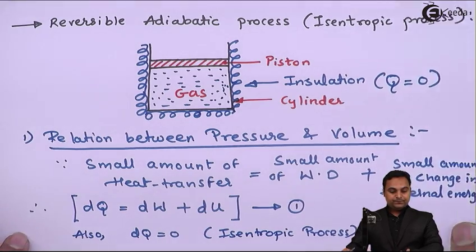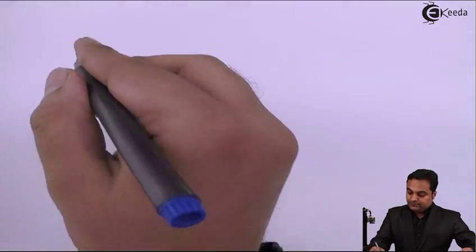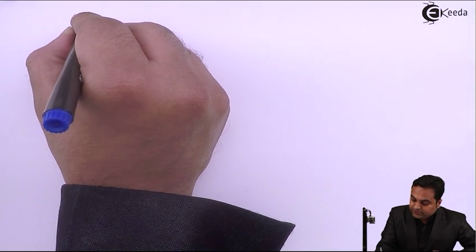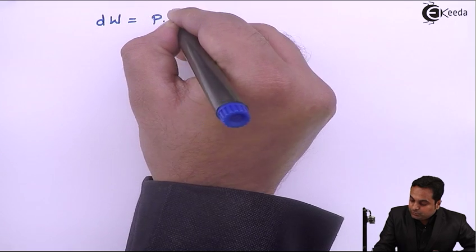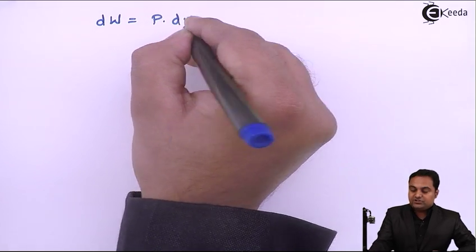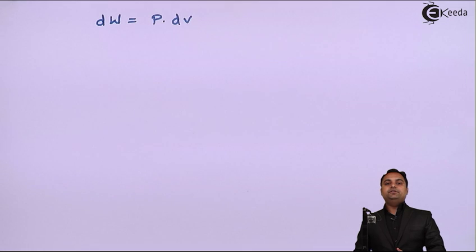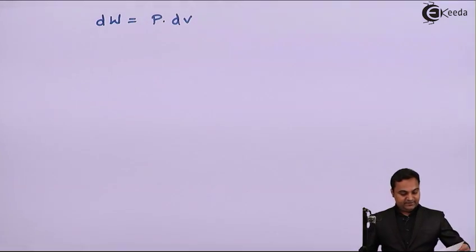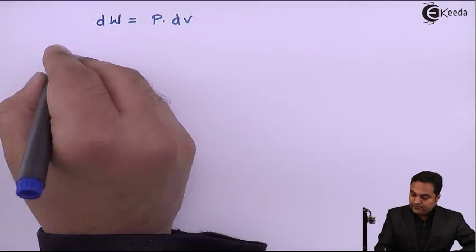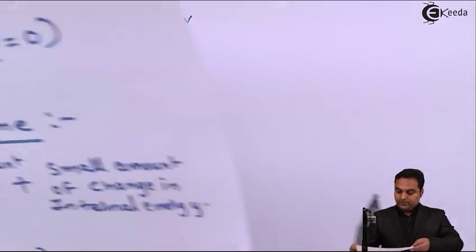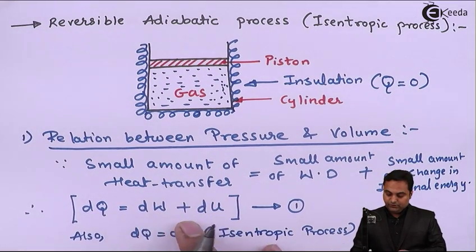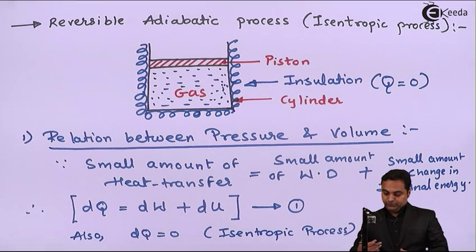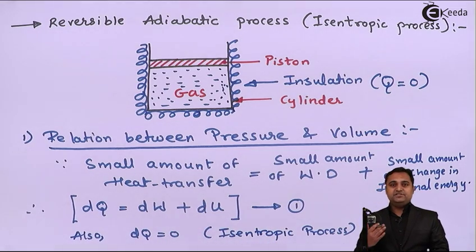Next, I can say that also the work transfer dW is given by P into dV, that is pressure into small change in volume, because area under the PV diagram gives us the amount of work done. So finally I can write equation 1 in this form. I'll shift dU here, so dU plus dW,